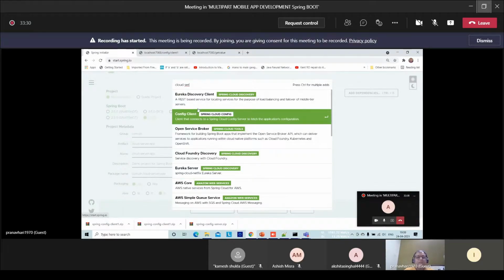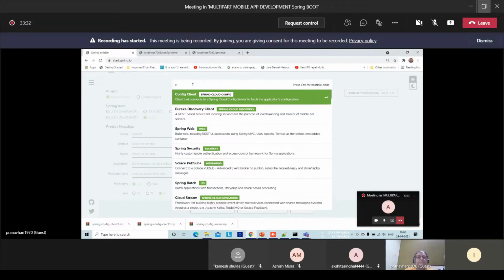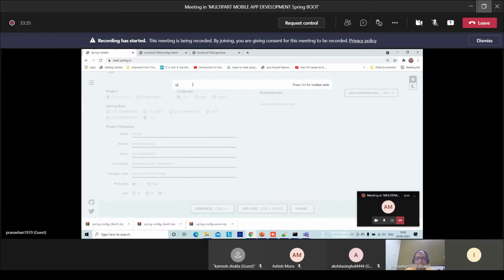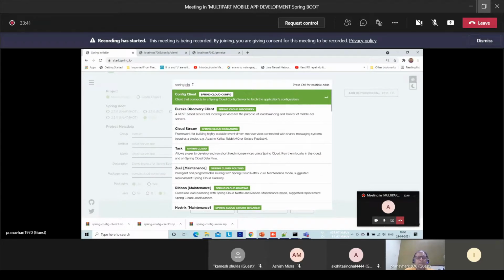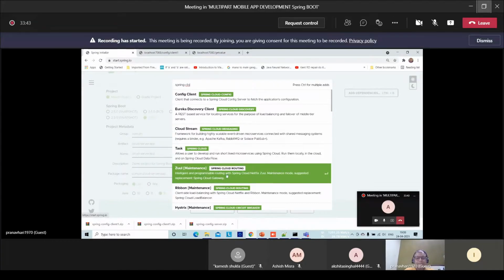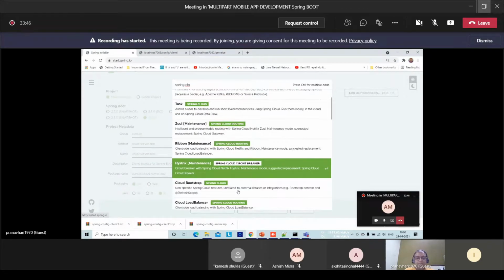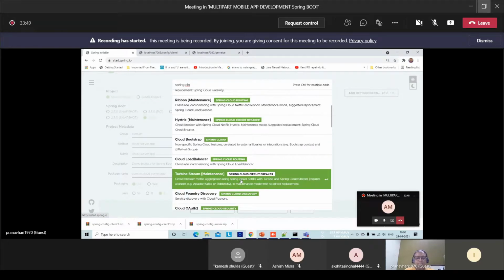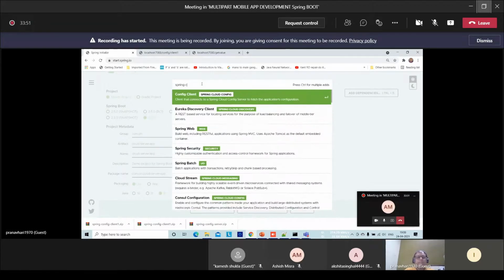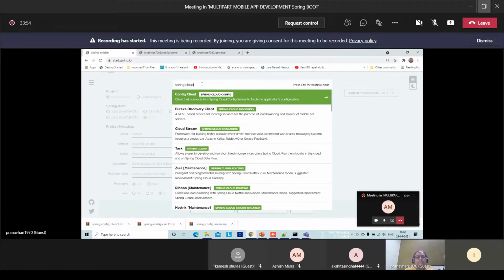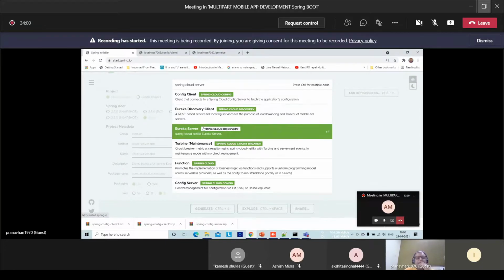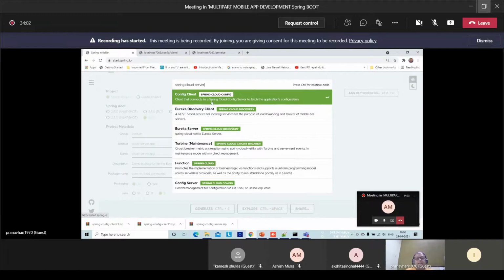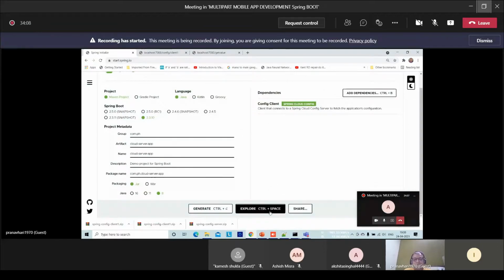This is the Spring Cloud client that connects to, let's see what that is.